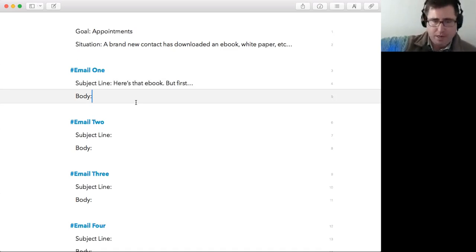If on your website you're sending them straight to a copy of the ebook, you may not be capturing what you want. Now, I can argue that the future is publishing all the content on the website and pushing for a downloadable copy and making sure that you're delivering that copy via email. But a lot of folks still have this, so I'm going to give you something to work with here. Here's that ebook, but first,